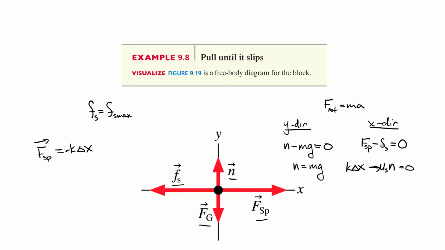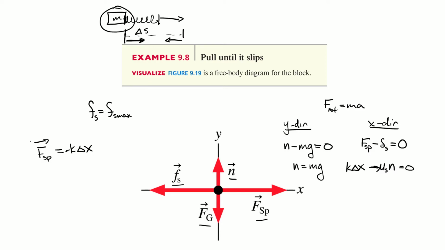And the answer is essentially you have to think about what end of the spring you're on. So if this is the spring and the train's over here pulling it that way, and the block's on this side, that spring, this delta S, has gotten larger. So the simplest way to think about it is it's trying to get shorter. So it's pulling this end that way and that end that way is the force that the spring's exerting. So if we're looking at the block, it's going to be pulling to the right. It's going to be positive.